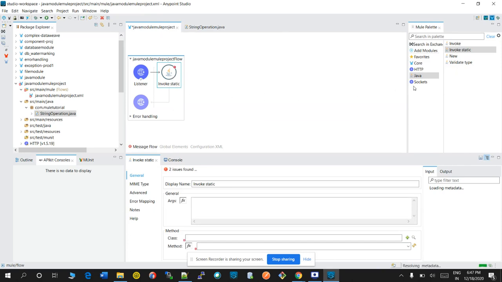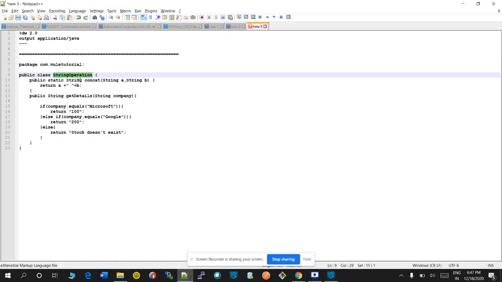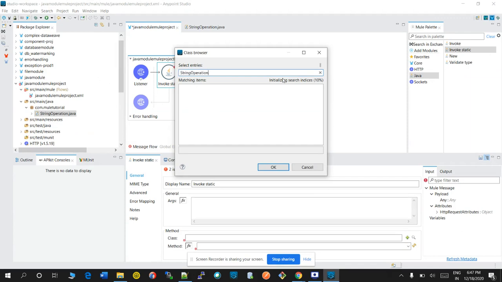Click on static, invoke static. Assign the class name. Class name is string operation.